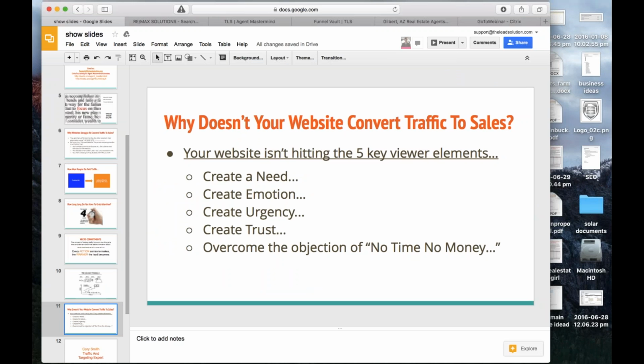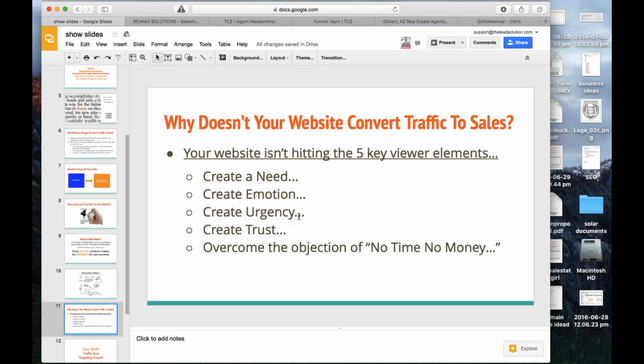So again, you have to remember, I come from a world where a lot of us do a lot of interpersonal communication. It's easier for us to persuade someone when we're talking and engaging. It's a whole other world to do it online, so we have to find a way to fill in these gaps. First, we have to create that need. Emotion, I would say, more than anything online, is the hardest thing to do because you're not there. You don't have your voice, your pitch, your rate, your body language. Well, thanks to video, we have a little bit of help there, and we'll show you how we use that. But emotion is massive.